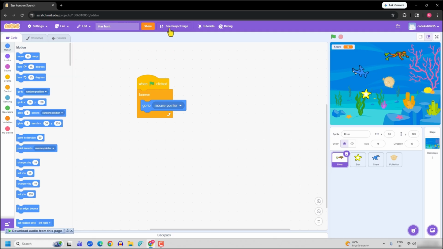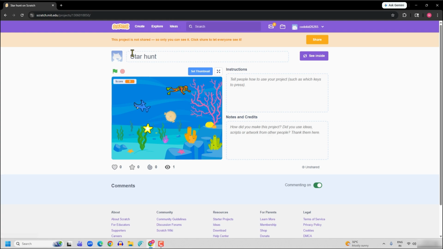Now here you can see this option which says See project page. If you click on this, it will take you to this page. Now what is this page? See, you can share this game that you have created with others. Here you can see this message: this project is not shared, so only you can see it. Click share to let everyone see it. So you can click on this share button and share this game with your friends or with someone else,